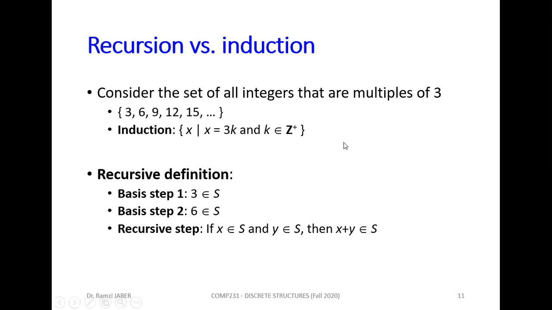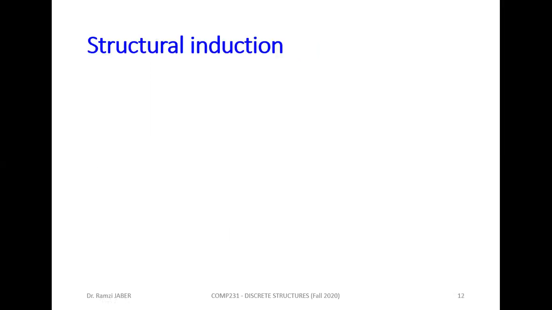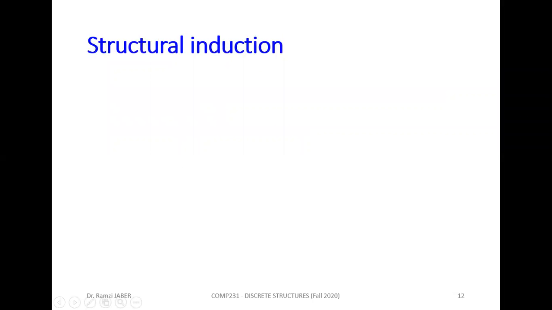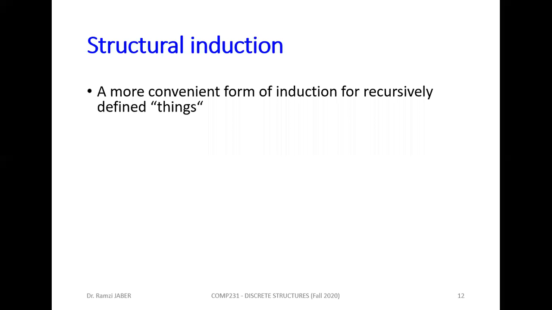Okay, any question here? This is the difference. Induction: we assume that x equals 3k and use mathematical induction to prove it, like before, like in lecture 2 or 3. Here, recursive definition: we define it with 2 bases and 1 recursive step. Okay, any question for this? Good. Now we combine these 2 together, induction with recursion, and we get structural induction, a more convenient form of induction